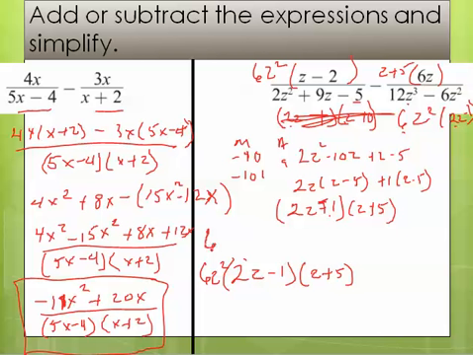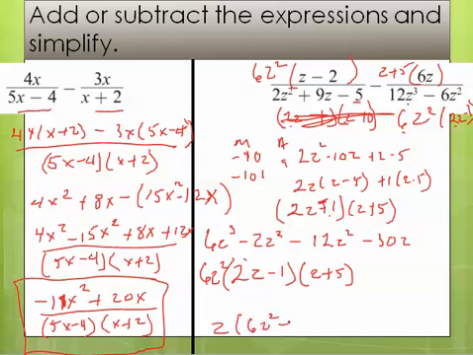Okay, 6z cubed minus 2z squared minus z times 6z is a 12z squared, and minus 5 times 6 is a minus 30z. Well, there's a common factor in that top of a z. I'll factor that out. I'm going to combine my like terms, and I'm going to have z times 6z squared